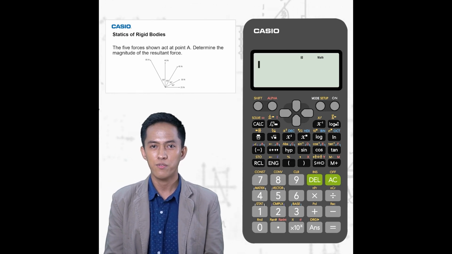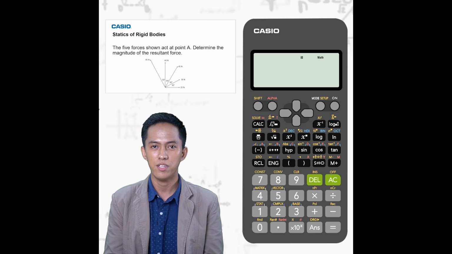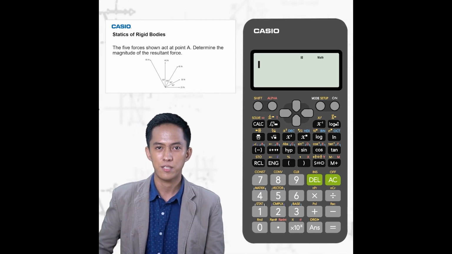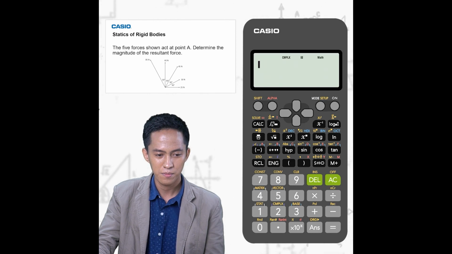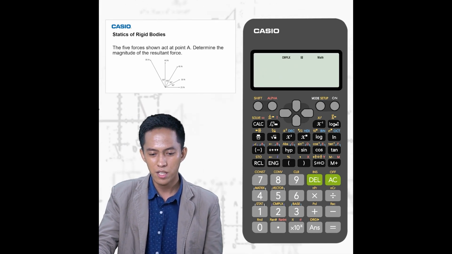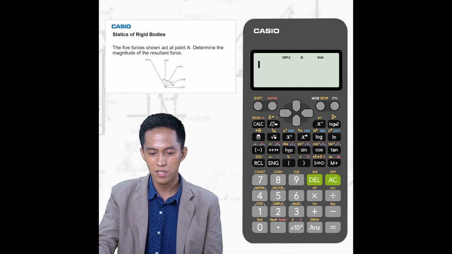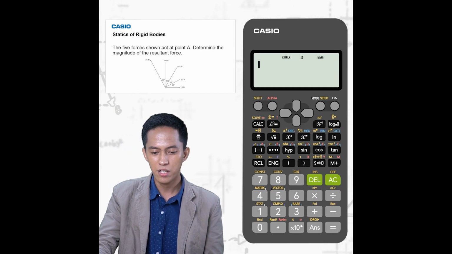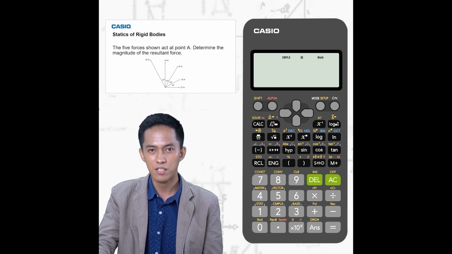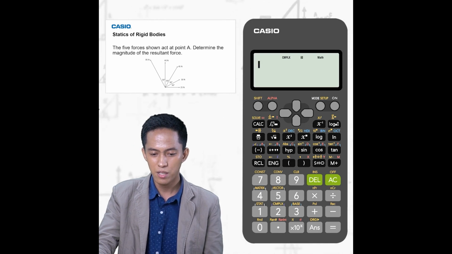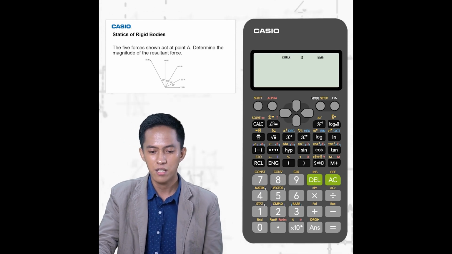To determine the resultant force using the Casio fx-570 Plus 2nd edition, first, press mode 2 complex. And as we can see here in our problem, the force 25 newtons is 0 degrees with respect to the positive x-axis, and the 30 newtons force is 30 degrees with respect to the positive x-axis, and we have the 45 newtons force that is 30 plus 30, which is 60 degrees with respect to the positive x-axis, and we